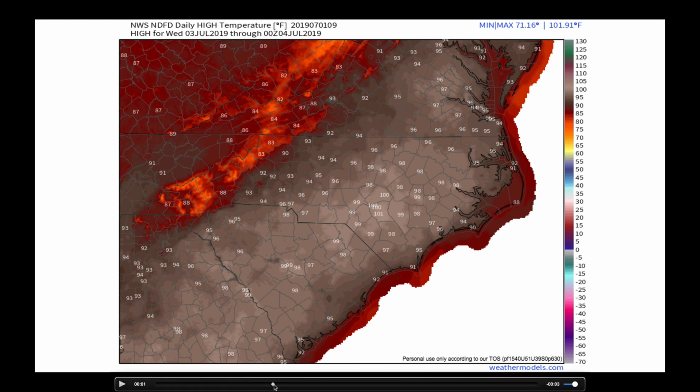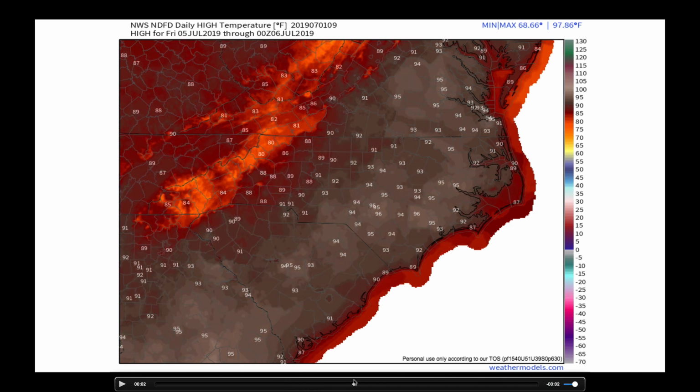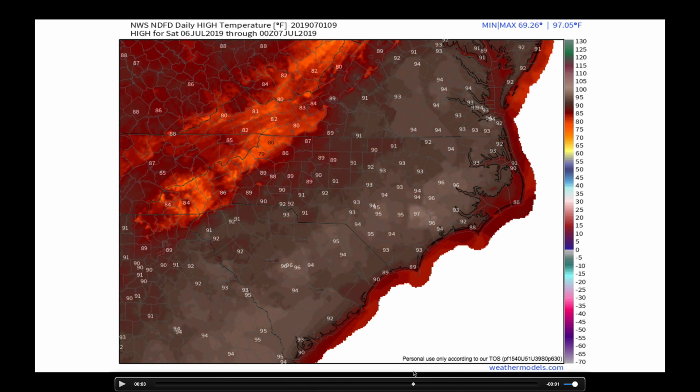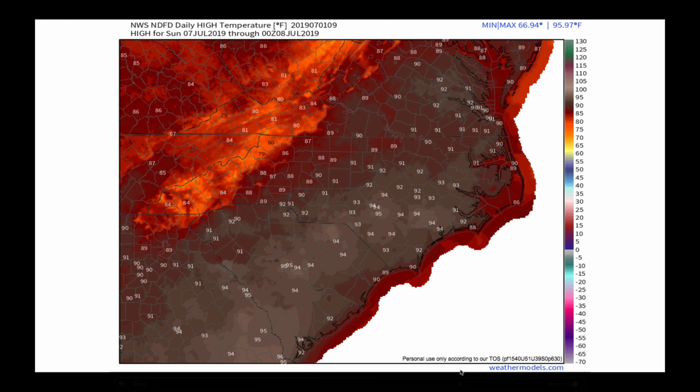What about the 4th of July? Well, as we slide into the 4th of July, we're still going to be a hot and muggy day here with temperatures in the middle to upper 90s. But watch as I get past this. We kind of go back more towards seasonable temperatures, low 90s here. That's Saturday, getting you into Sunday. So we have some pretty sizable heat coming in the middle of this upcoming week,